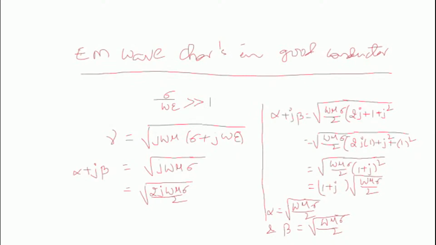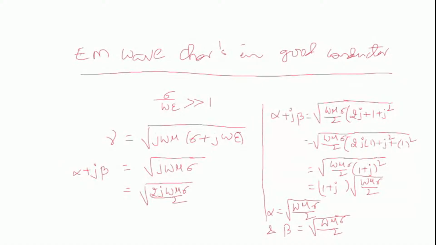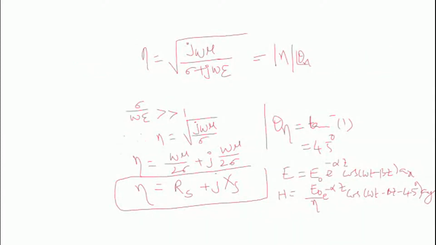Why I am considering these two? So actually, j omega mu sigma is the gamma value. Then we have real term and imaginary term, and additionally we got a factor of 1 by 2. Here also same thing for this neta. Neta is actually j omega mu by sigma. Additional factor is what? 1 by 2. So that is under root